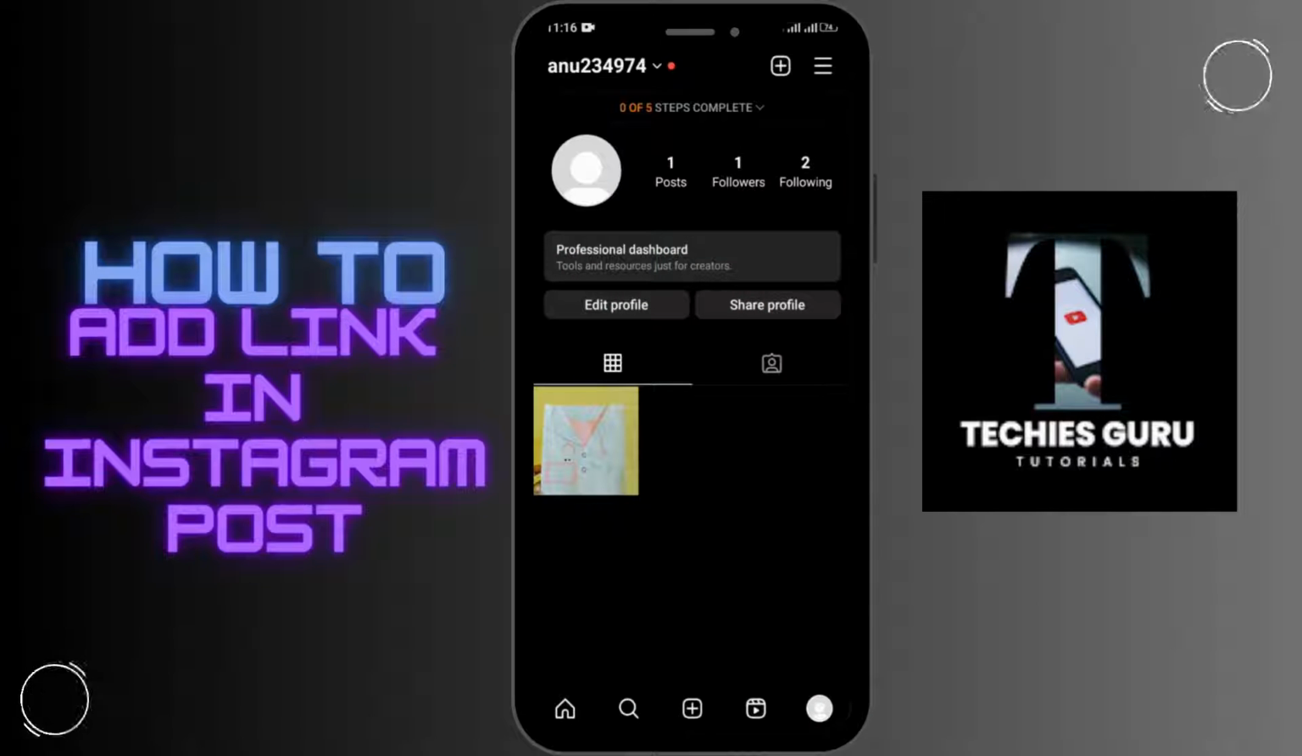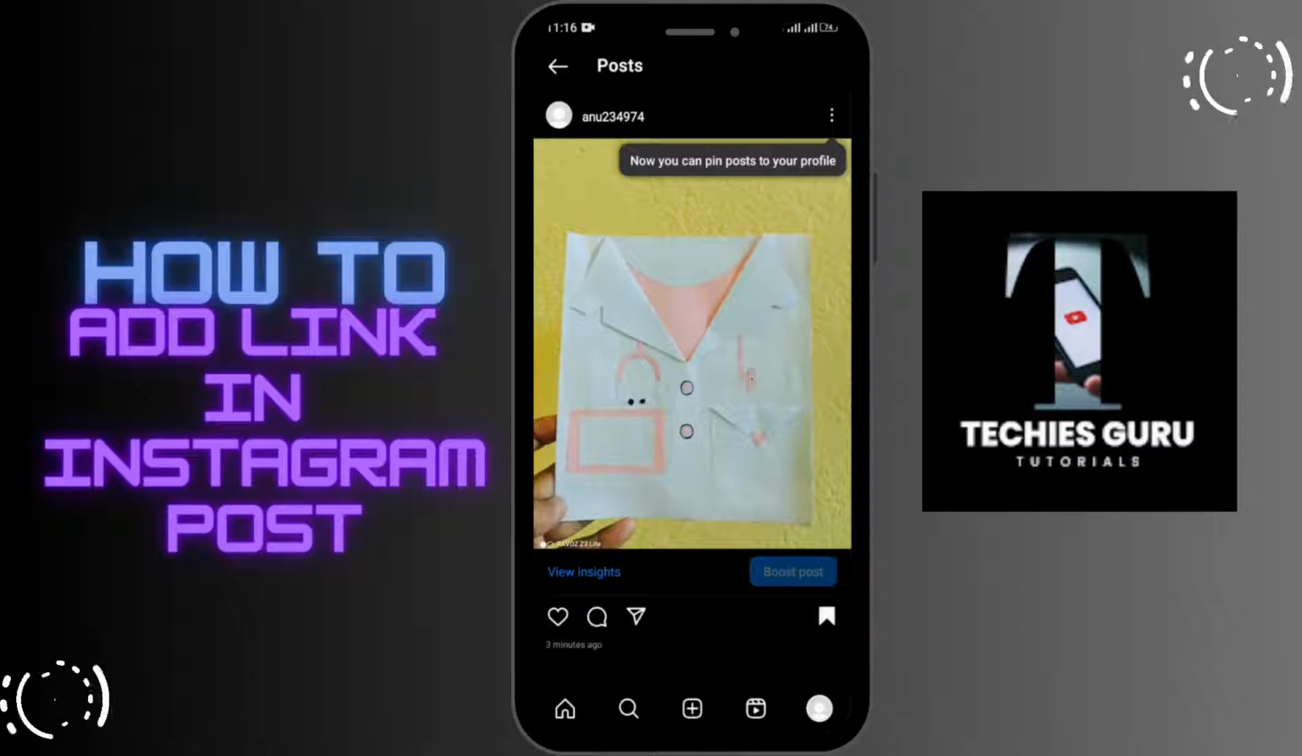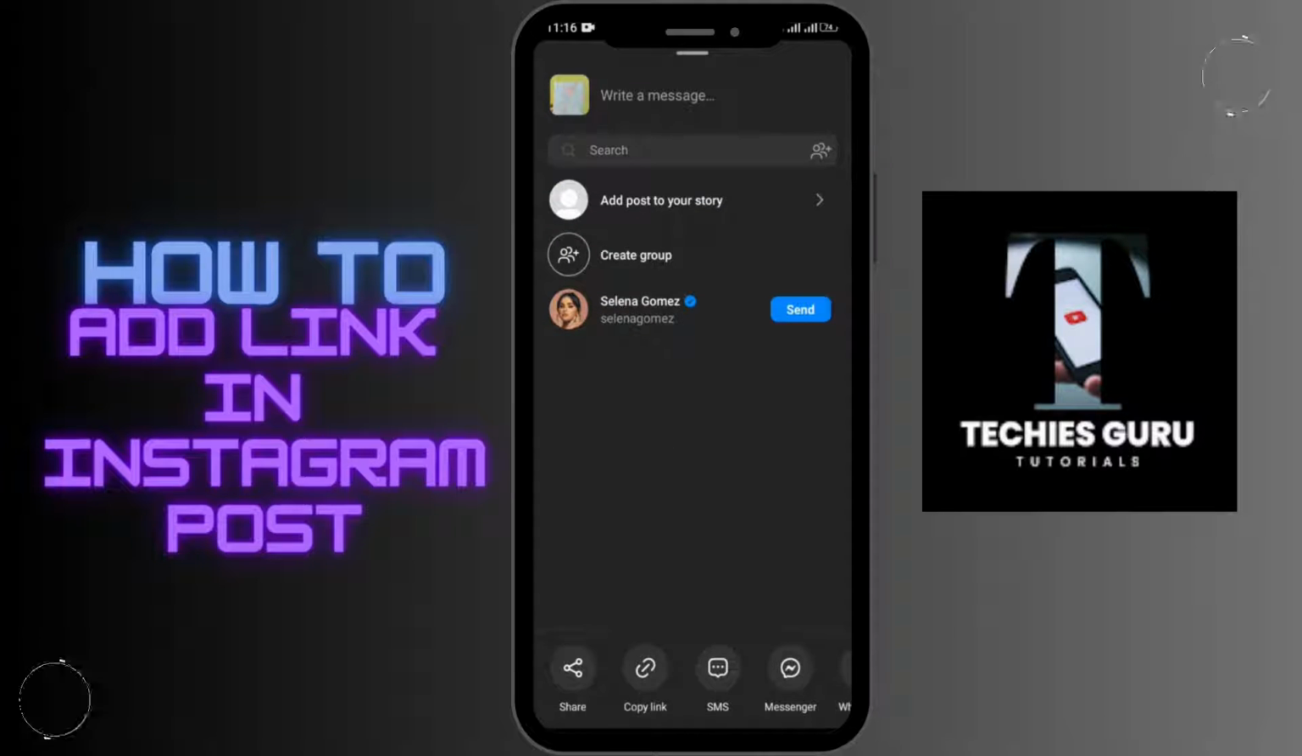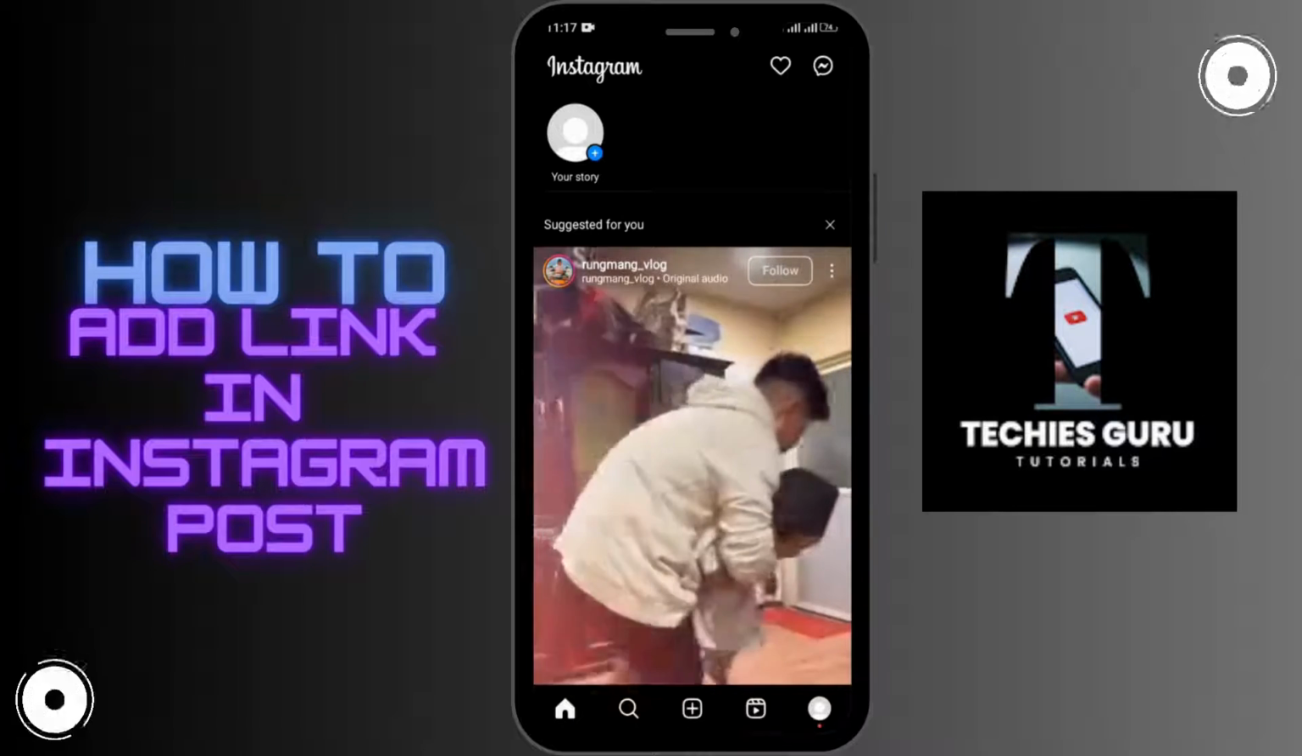After that, you will be able to see your post. So tap on the post, and from here you can see the arrow like sign in the left hand side. So tap on that. From here you have to copy the link of the post. So after that, the link has been copied to your clipboard, so go back, and from here you can add